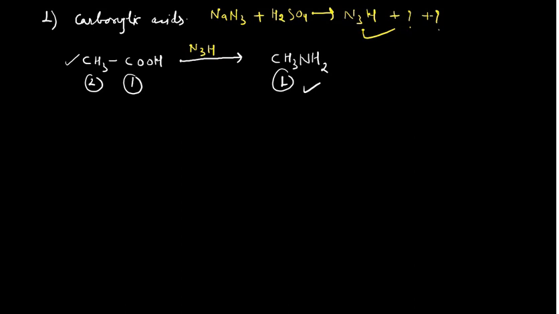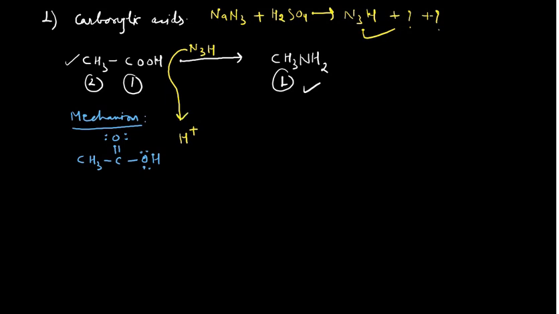Now if you want to know the mechanism of this one, please carefully see how the reaction goes. This is your acetic acid, CH3C double bond O and OH. It is my general habit when I draw a reaction mechanism to put all the formal charges and lone pairs on the atoms intact, because this gives you the real idea of how the reaction is happening. Say you are taking your hydrazoic acid, so H positive would be there. Definitely this H positive will come from hydrazoic acid.